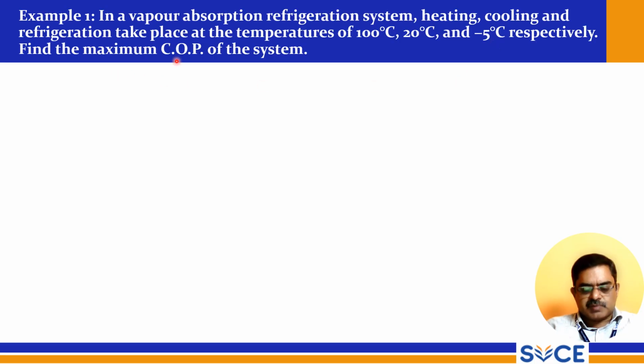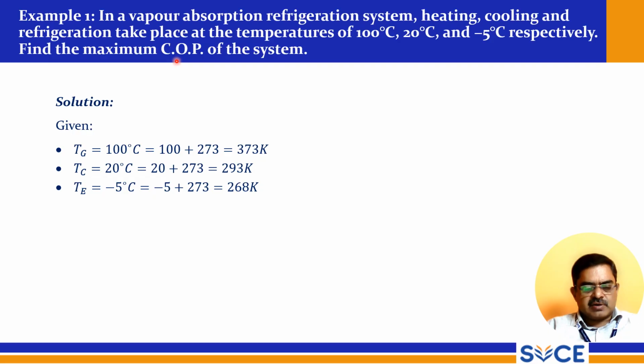So it is a vapor absorption system. So here TG is 100 degrees Celsius. So T generator, this is the temperature through the generator, and through the condenser it is 20 degrees Celsius, and through the evaporator it is minus 5 degrees Celsius. So we are converting that into Kelvin. That is, Celsius plus 273 becomes Kelvin,